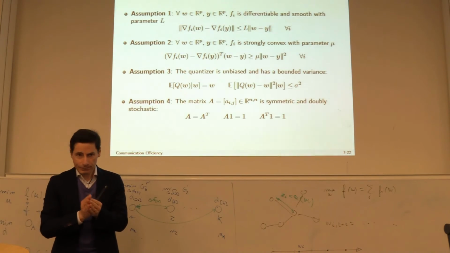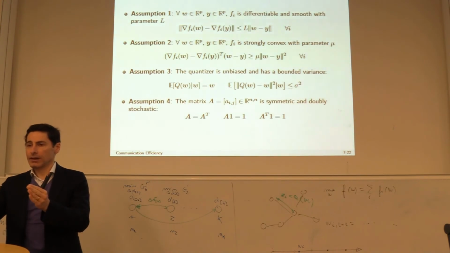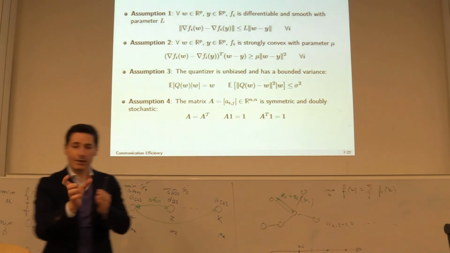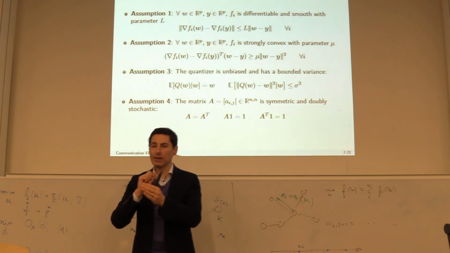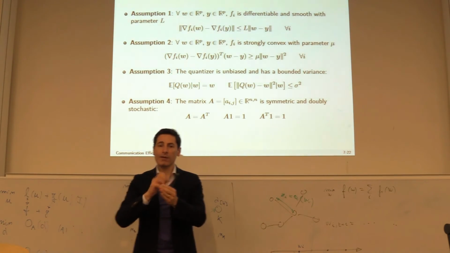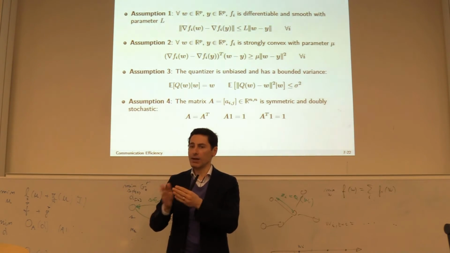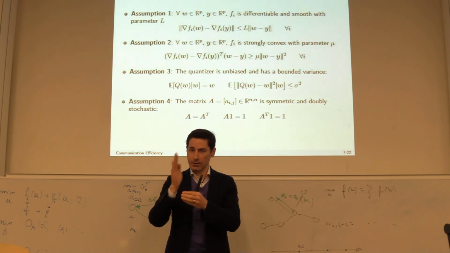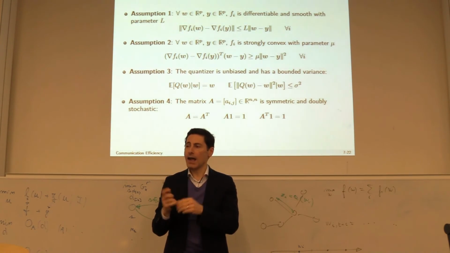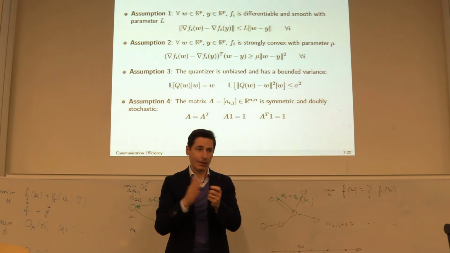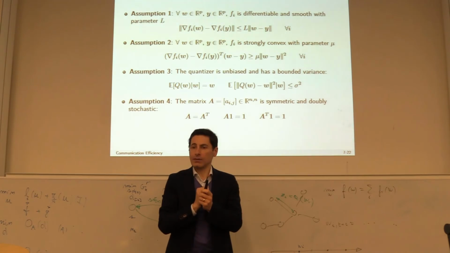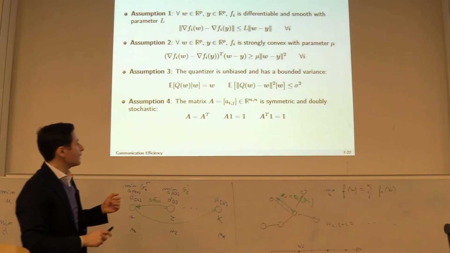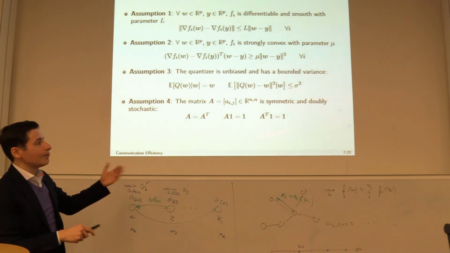Again, I have some analog value, I quantize it to some point, and I commit an error. This error is random, and what I wish is that, over many errors, on average, the quantizer gives the right value, the initial value. And also the error in this quantization is bounded. I don't make an infinitely big error. Natural assumption. And then the other assumption is that the matrix A for the consensus is usually a symmetric and